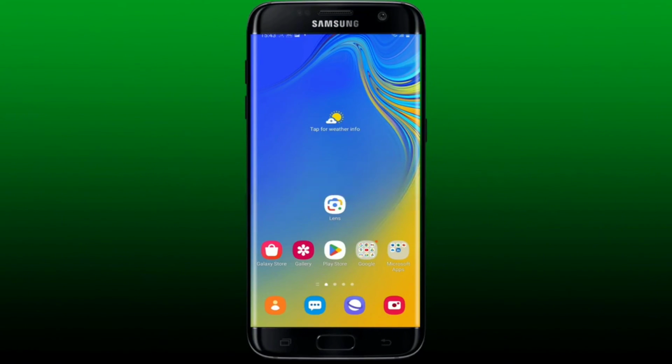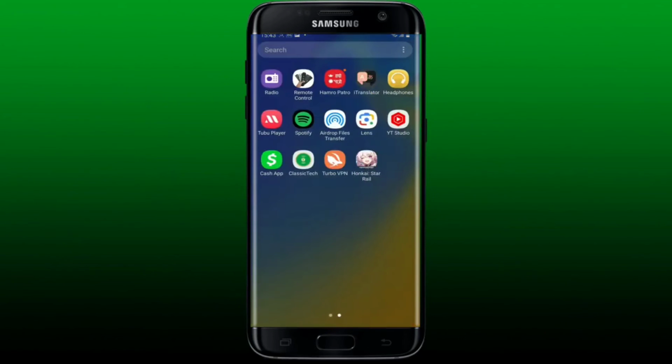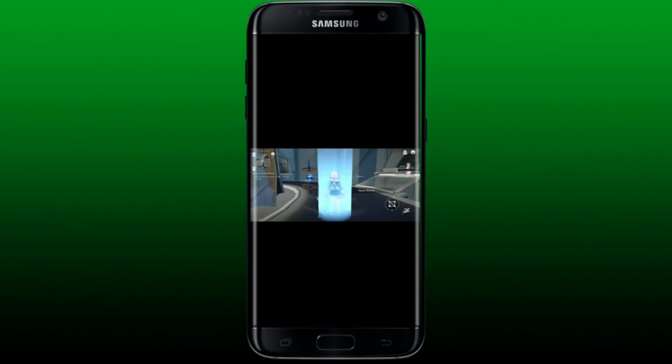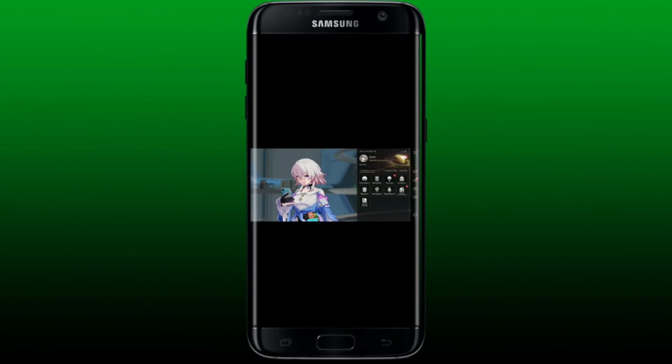How to enter codes on Honkai Star Rail. In order to do so, follow the steps. Open up your Honkai Star Rail game and make sure that you're logged into your HoYoverse account. Start the game like you normally do, and after the game starts, tap on the mobile icon at the top left-hand corner. Now, in the pop-up, tap the three dots right next to the character's name and then click